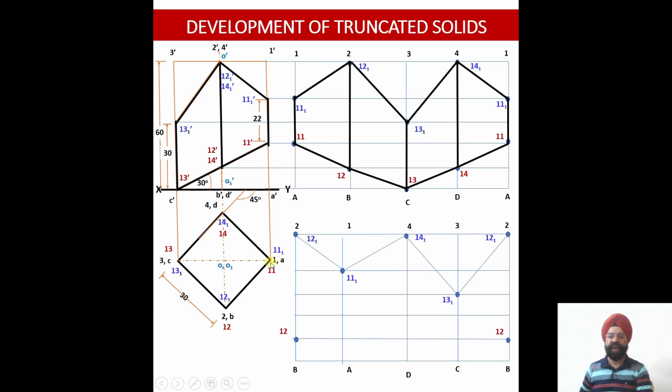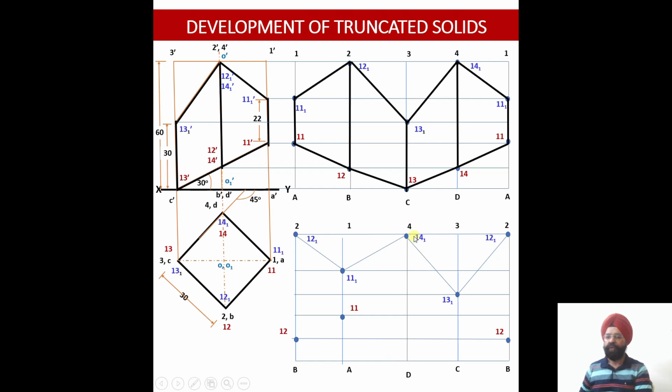My next edge is 1A. So let me check where 1A is being cut by the second cutting plane. You see the 1 dash A dash vertical edge is being cut by the second cutting plane at this point 11 dash. So point 11 will be located over here, second from the bottom or fourth from the top. So this horizontal locus line will be fourth from the top or second from the bottom. So it lies here. So point 11 will lie here. So point 11 has been located, again indicated with red color.